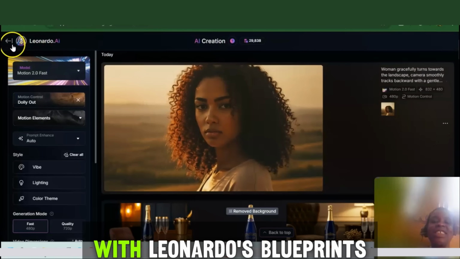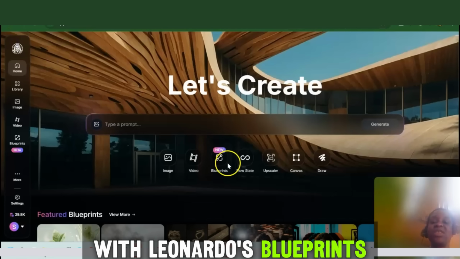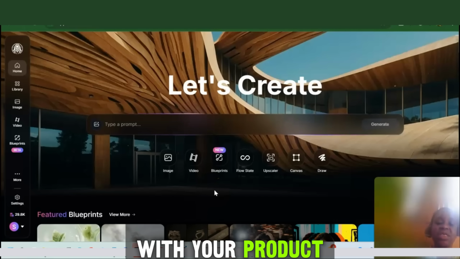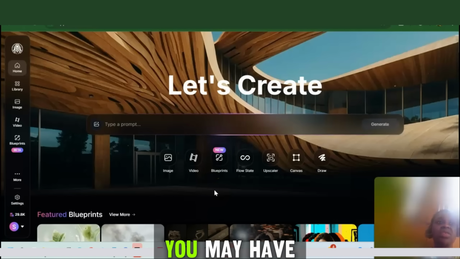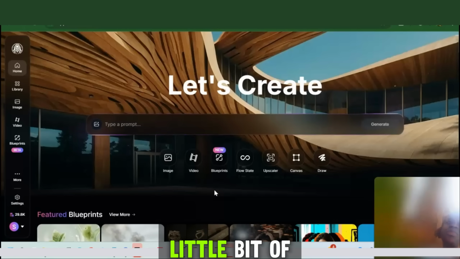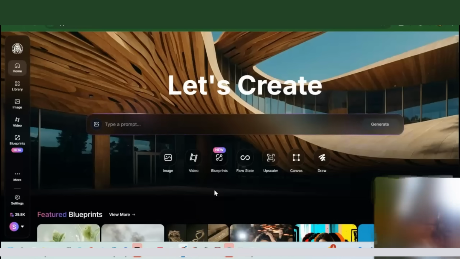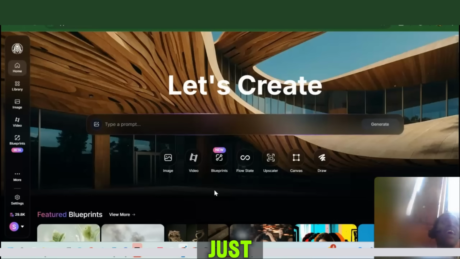Don't know. Yeah, so play around with Leonardo's blueprints with your product images and all the other assets you may have, and have fun with it. Give it a little bit of pop so that it gets people's attention and you can go ahead